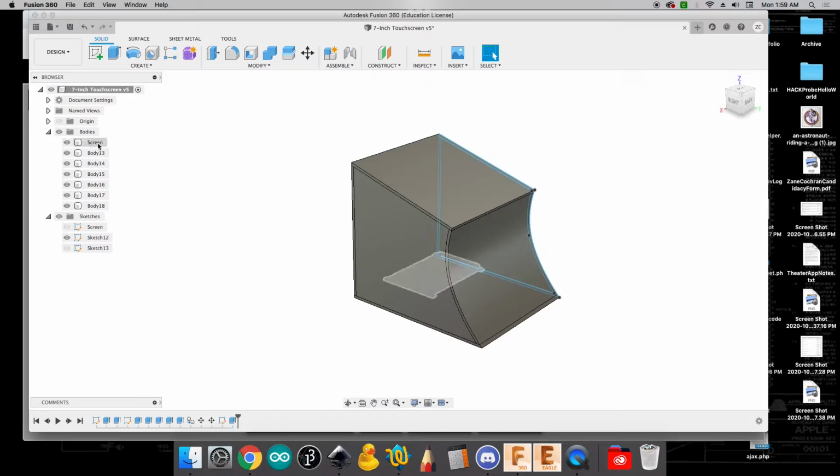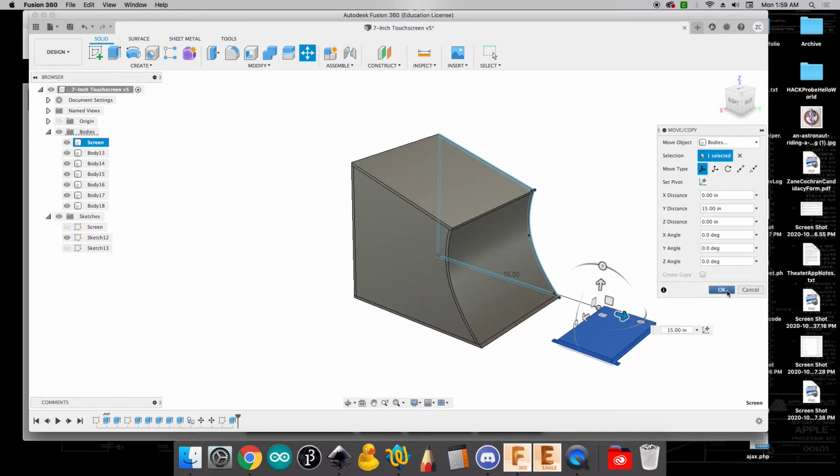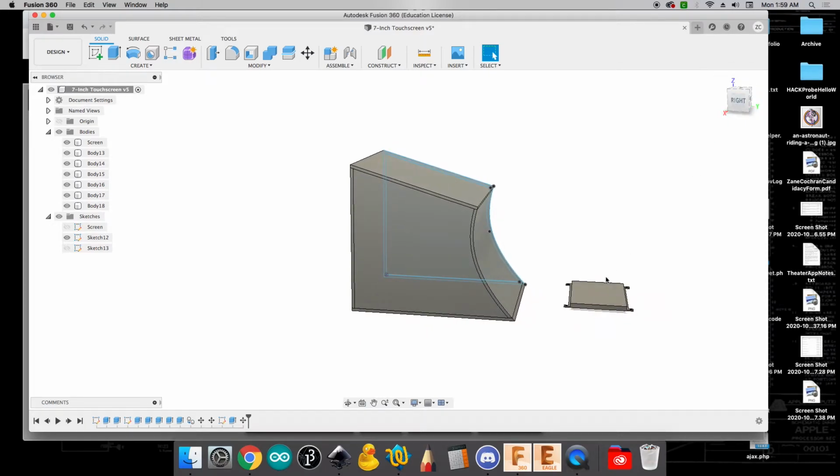And so I'm going to make it visible. And I'm going to select it and hit M to move it again. This time I want to do a free move. And so I'm going to do that one more time. So select it, hit M, and free move. And I'm going to drag it out here where I can actually see it. Okay. Now at this point, we notice we've got maybe a little bit of a problem where the angle of our screen is not the angle of the top of our kiosk,